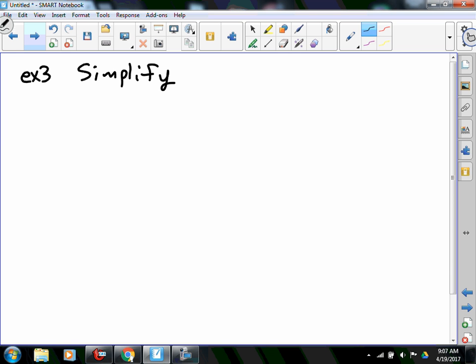Example 3. Simplify. We're going to try to simplify something like this. The fourth root of 15x squared y to the 7th multiplied by